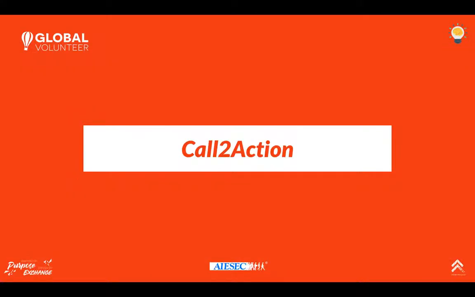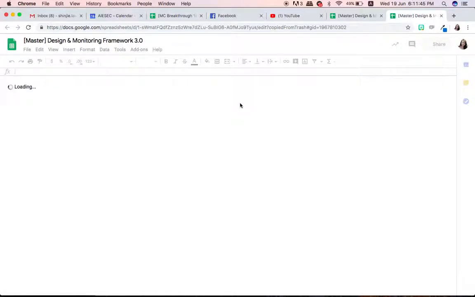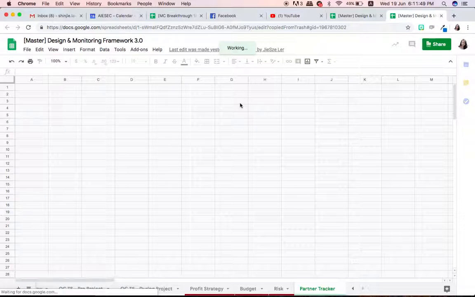Yep, so certain call to action here: remember to use one tracking system for all standards, okay? So certain tools that you can look into, the partner standard tracking tool, you can click into that. Okay, I will show you here. This is actually the DMF that is already renewed and embedded with the entire tracking system for partner standards, okay?